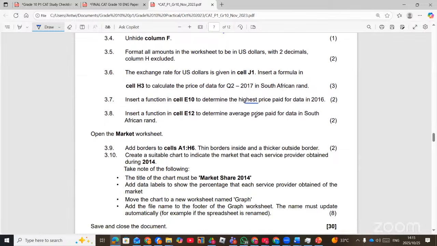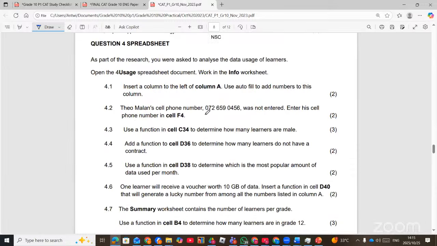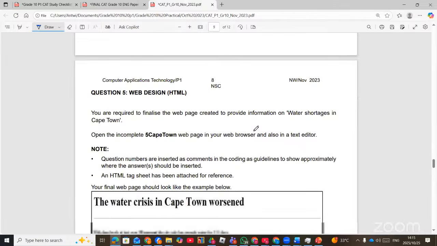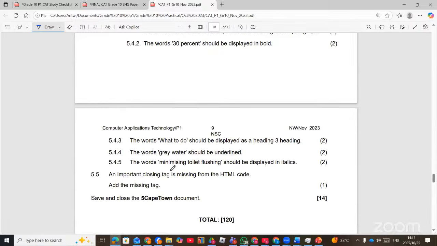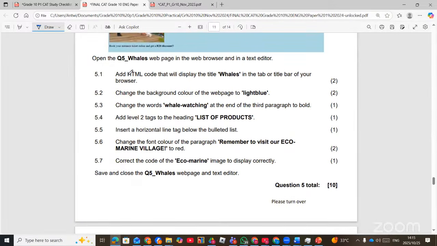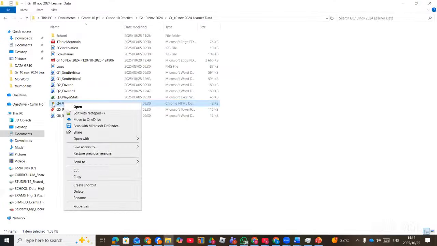Higher speed, max, average, and in range also. Change if they ask you to insert phone number also. This is the text. So you can go through these 2 question papers and you'll be sorted out also. Right. Now, HTML. You see 2023, there were a few questions, underline and others, 15 marks. Now this one, it says, we must open the Q5 Wales and you right click and then you must choose